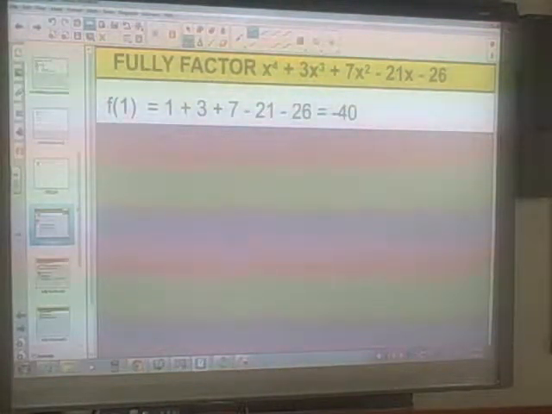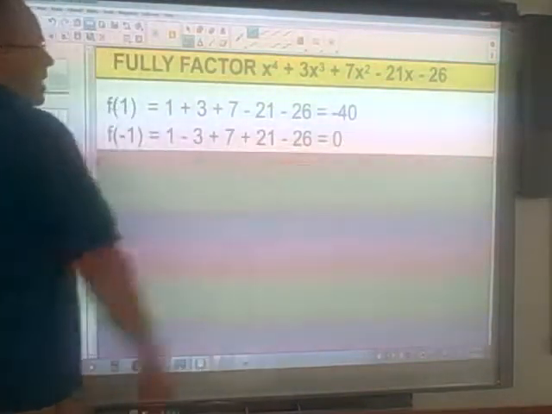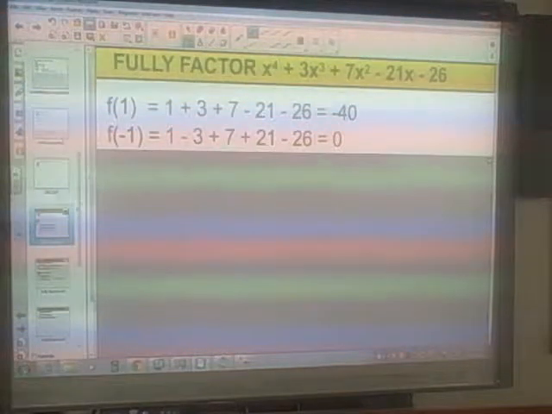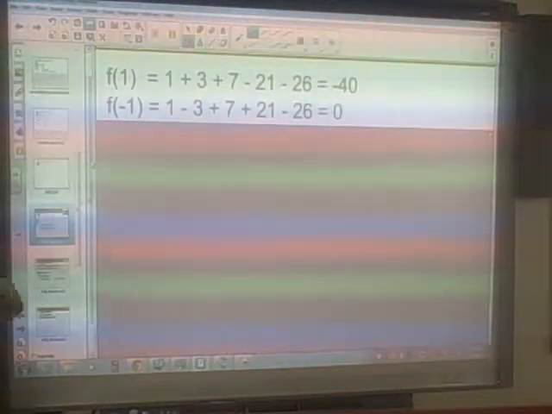So if we plug 1 into that formula, we get negative 40. So that's no good, that's not a factor. If you plug negative 1 in there, we do get 0. So that tells you that's a factor. That tells you that that's a root. Therefore, we can use that to help us find out